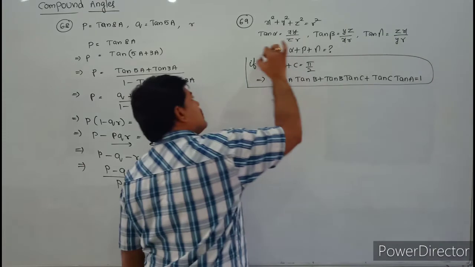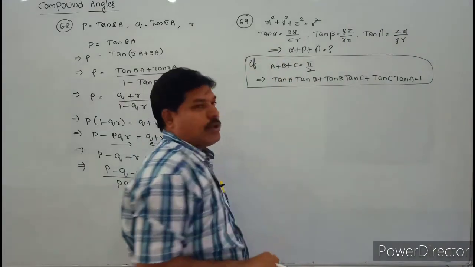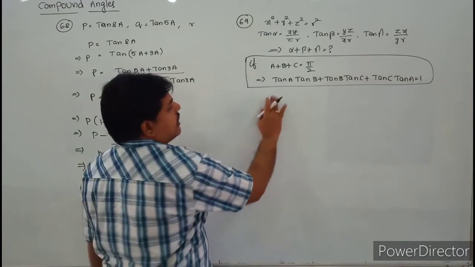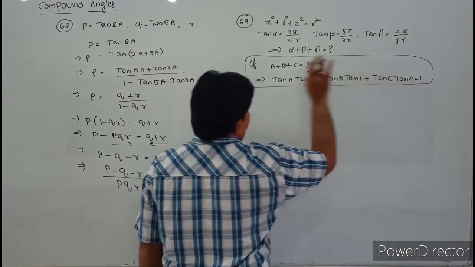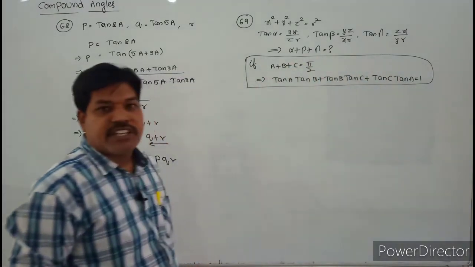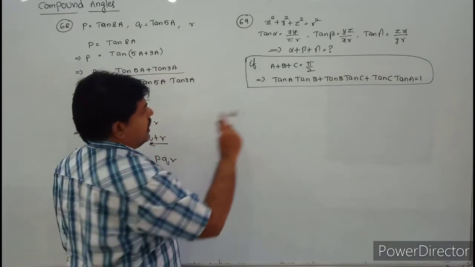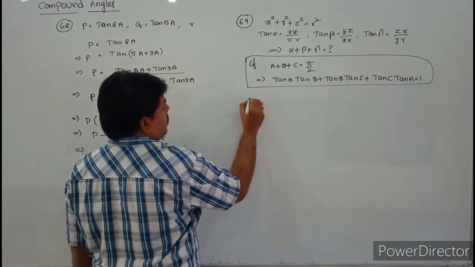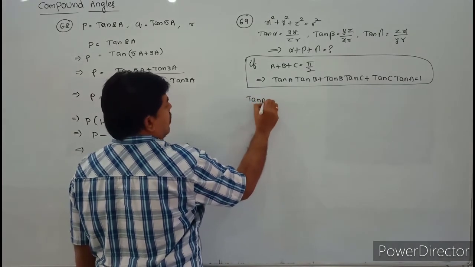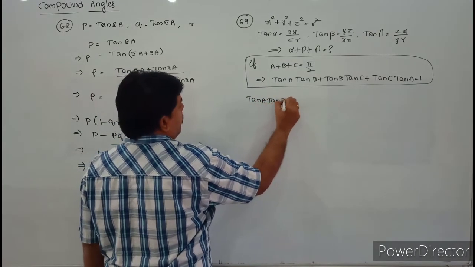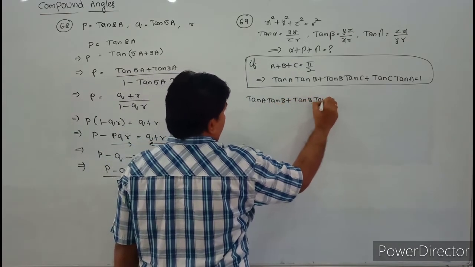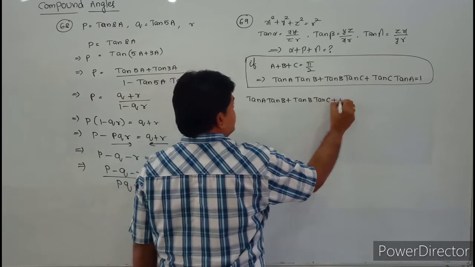If a plus b plus c is equal to pi by 2, then tan a tan b plus tan b tan c plus tan c tan a will become 1. Here tan a tan b plus tan b tan c plus tan c tan a equal to 1, we can take it as a plus b plus c is equal to pi by 2. So that's why I will calculate this value. Consider this value, that is tan a tan b plus tan b tan c plus